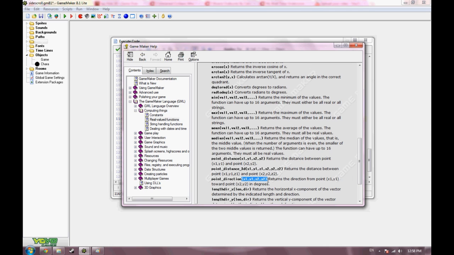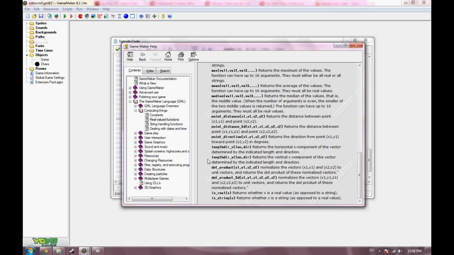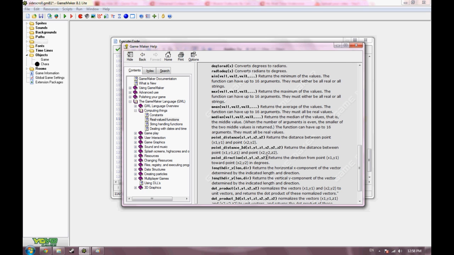But we can actually use something else. Here it is: point direction. If we use point direction, we can get the angle, and since we know what quadrant it's ending up in, because we know which one's higher up, we can guarantee that it's always going to be a certain thing. So if I'm pointing in this direction, what we're going to get is